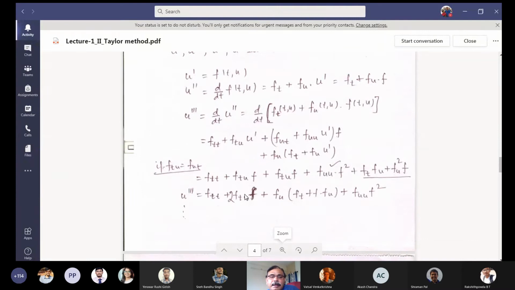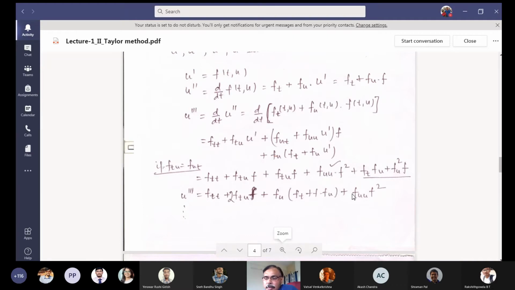And so finally we'll see that u triple prime is f_tt plus 2 f_tu into f, because one f_tu is here, one other f_tu f is here, and then f_u inside the bracket, you can see that f_t plus your f into f_u, plus the last one will be your f_uu f square. So all the terms are written for u triple prime. This is required for your